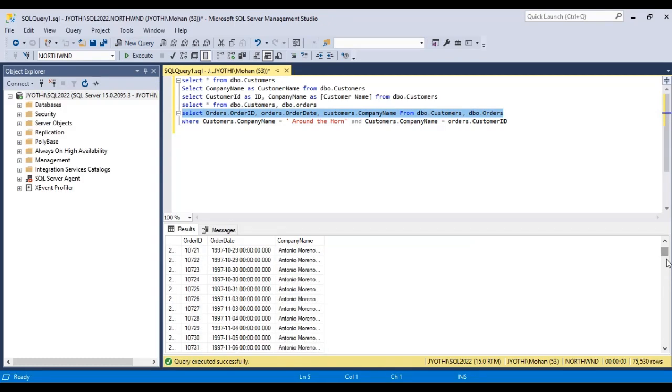So it should give the output where the customer company name is Around the Horn. So we are not getting the output.